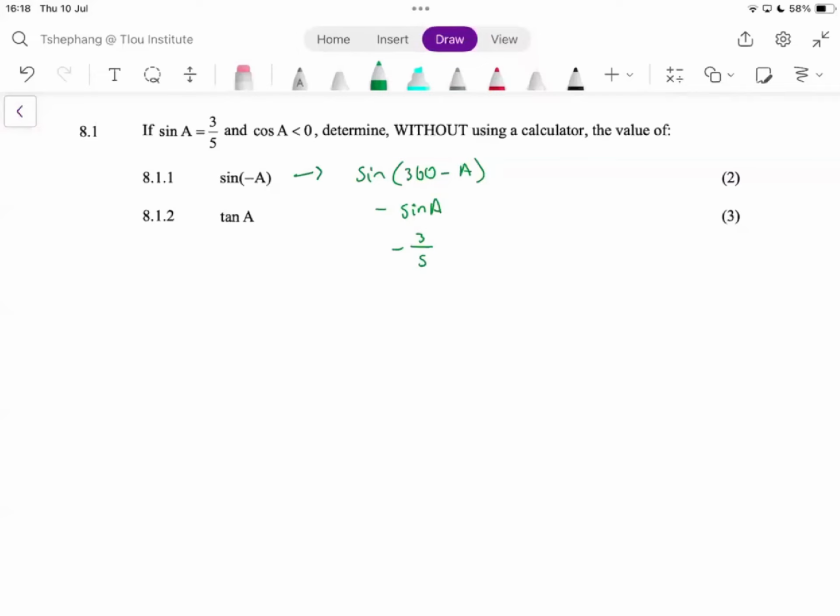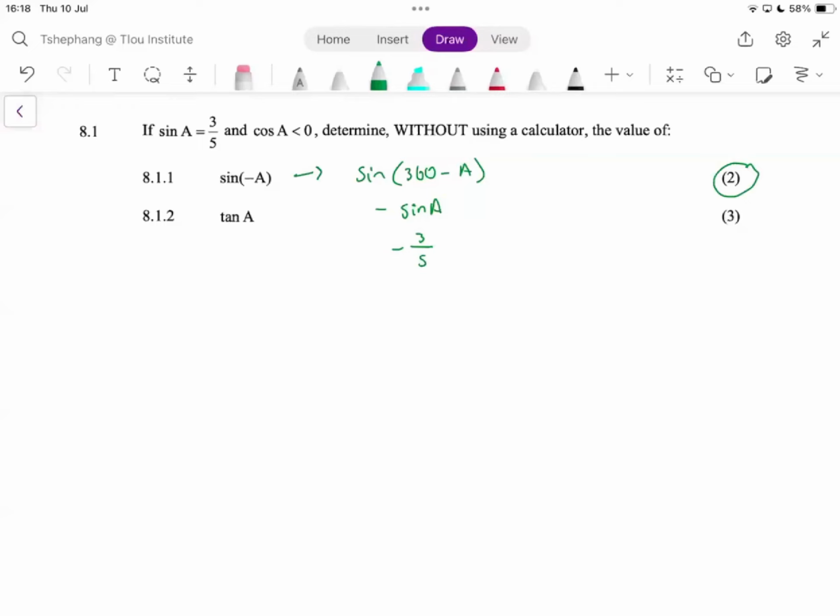Now, the next one, they're looking for what? For tan of A. I'll give you guys 1 minute and 30 seconds to do that one as well. An easy 2 marks for us to get there. Okay, so if there are some questions that you guys don't understand, let's wait until the end of the session, once we have completed most of the questions that I've prepared for you guys, and then we'll see if we have time to come back and attempt them.